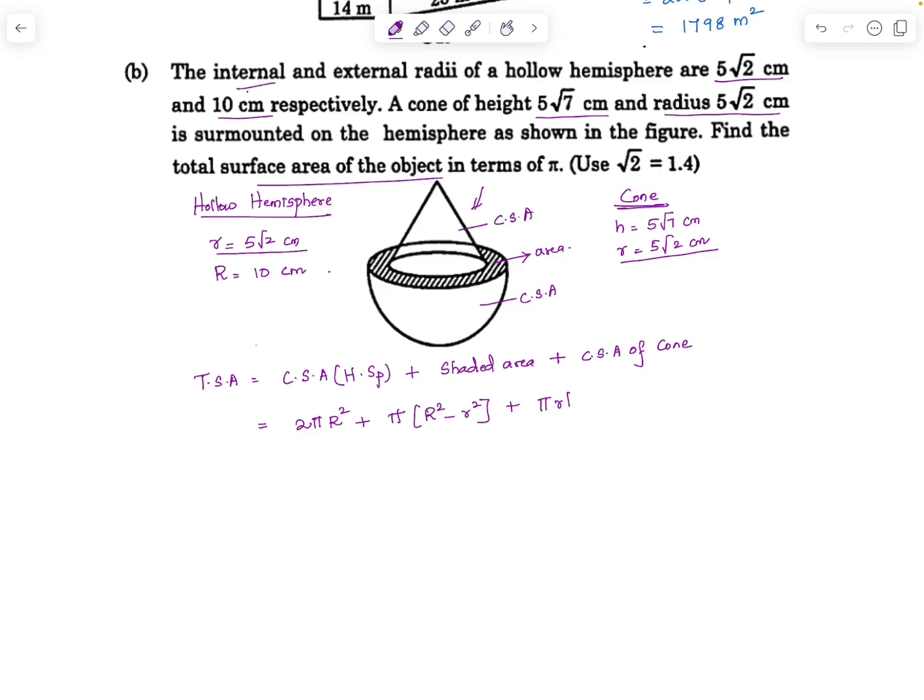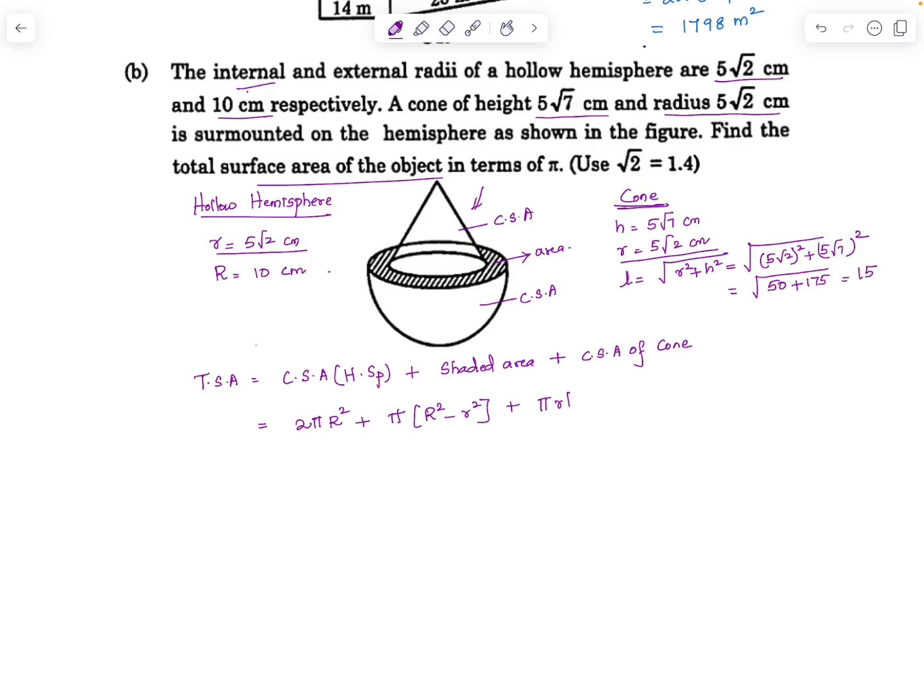Here L is not given in the question directly, so we have to calculate L is equal to root of R square plus H square, which is root of 5 root 2 whole square plus 5 root 7 whole square, which is root 50 plus 175,